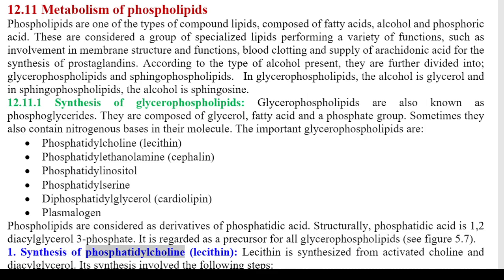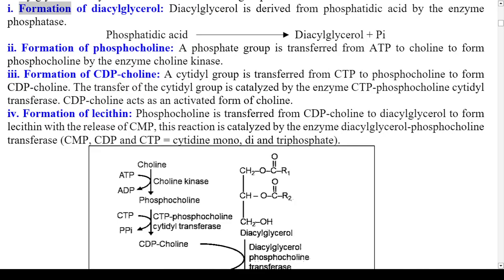1. Synthesis of phosphatidylcholine, lecithin. Lecithin is synthesized from activated choline and diacylglycerol. Its synthesis involves the following steps. 1. Formation of diacylglycerol. Diacylglycerol is derived from phosphatidic acid by the enzyme phosphatase. Phosphatidic acid yields diacylglycerol plus Pi. 2. Formation of phosphocholine. A phosphate group is transferred from ATP to choline to form phosphocholine by the enzyme choline